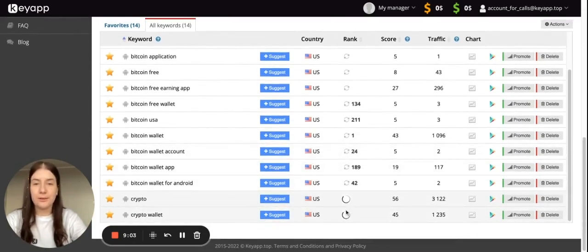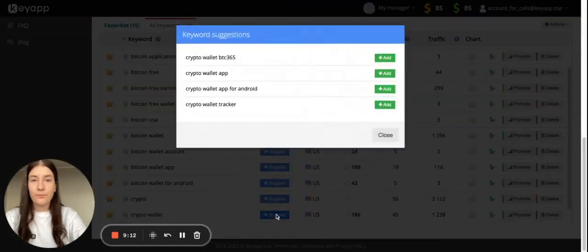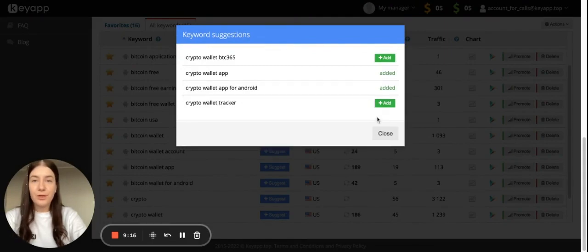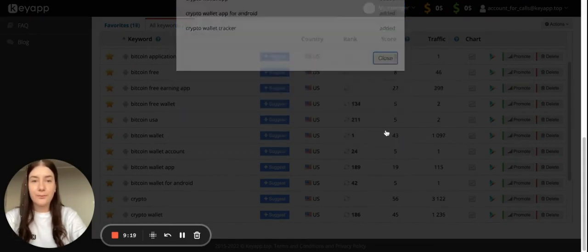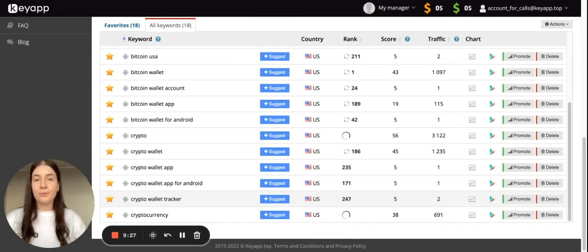The positions are analyzed. So the positions for crypto are analyzed. Let's do suggest, like cryptocurrency, crypto wallet app for Android, crypto wallet tracker. All the positions here are analyzed, but they are quite low. The group of the keywords which this application has with the core element crypto